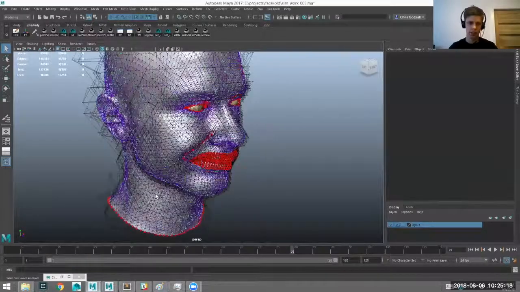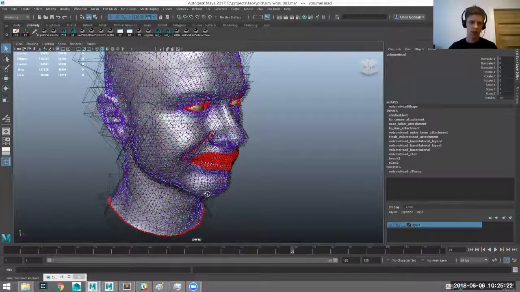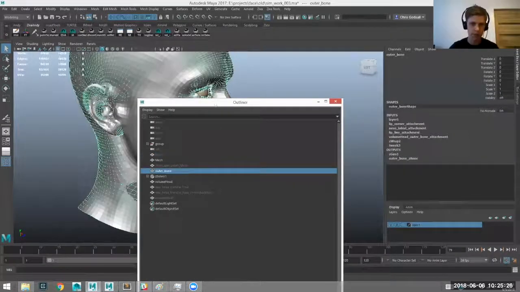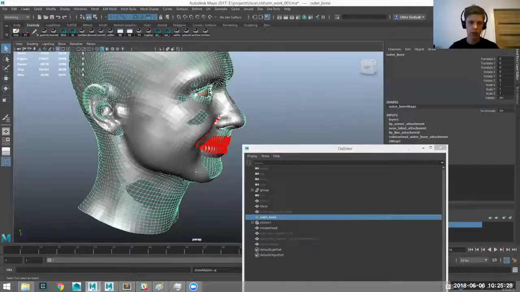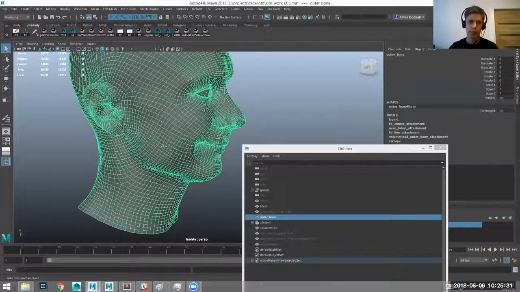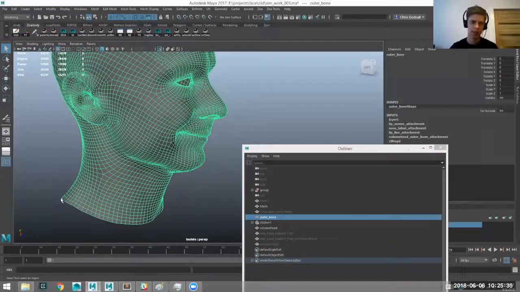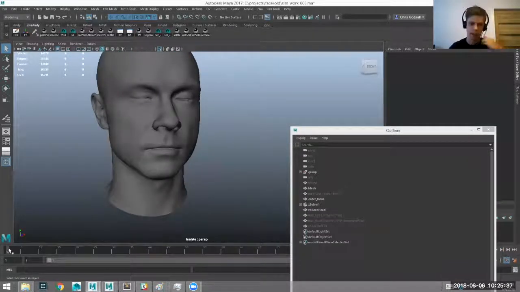In this scene, I'll just show the original first before we add the outer bone. Okay, so this is basically the output of a blend shape rig. It starts in default pose, and then